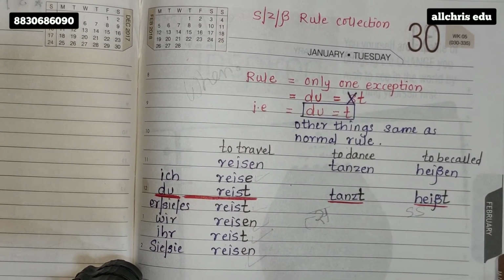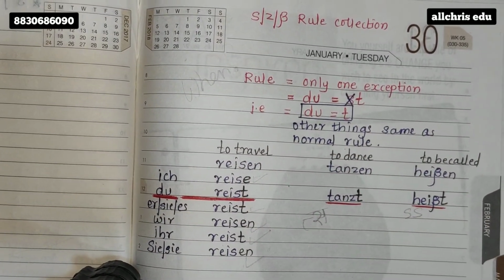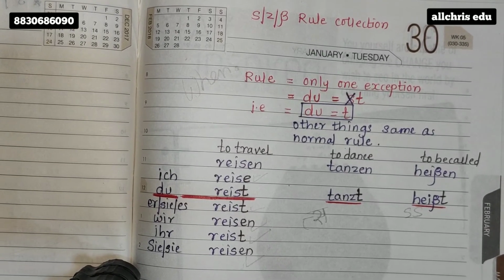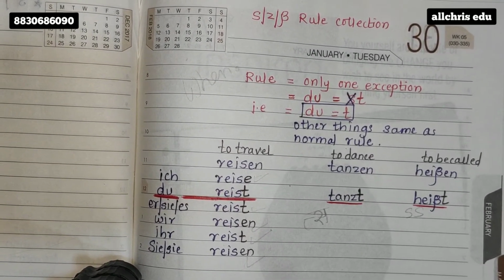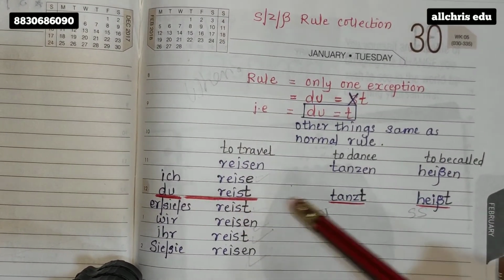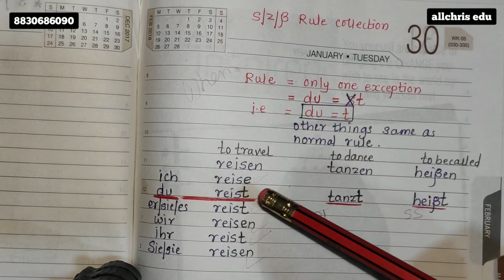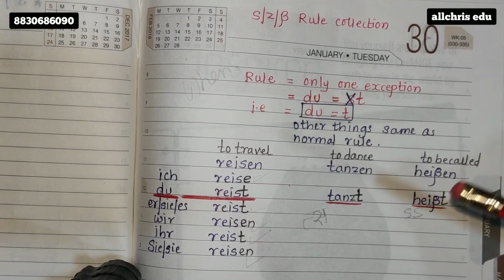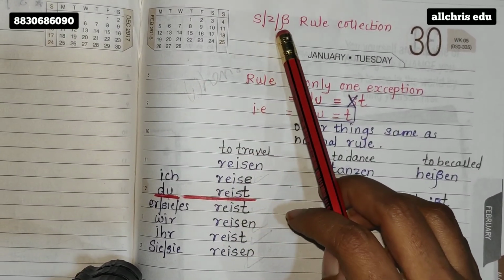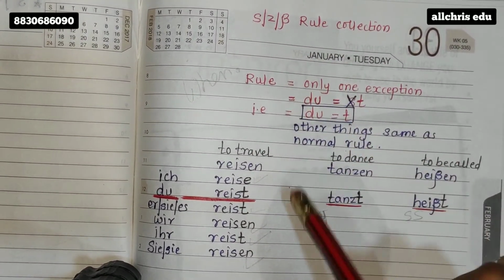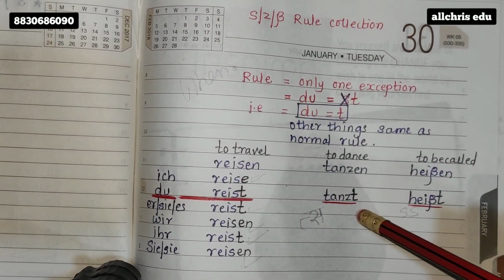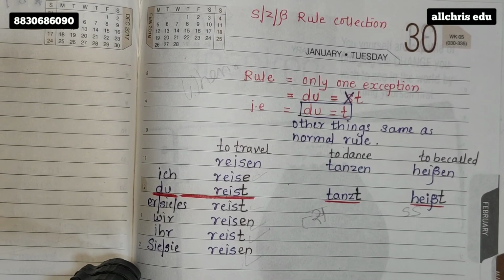What you are supposed to do, once you have written this in the classwork notebook, I want you to take a loose paper, like how you all had done for the normal rule. In the same manner, take a loose paper. And on that loose paper, just solve this and a few more which I showed you already. Those 4 to 5 verbs, solve on that paper. And keep that paper with the heading of SZ/beta rule. And on that paper, henceforth, whenever an S rule comes, we will classify that S rule on that page only. And try to write on the loose paper only, please.